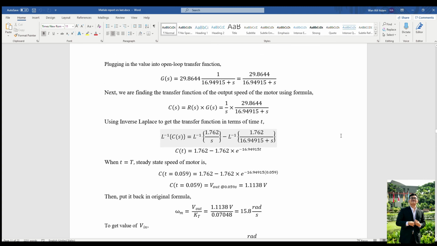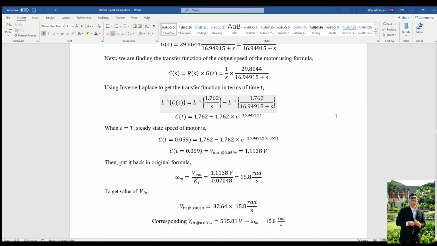So we plug in all the values, and then we get that value. We need to use the inverse Laplace in order to change from C(s) to the time domain. So we get 1.762 minus 1.762 times e to the power of negative